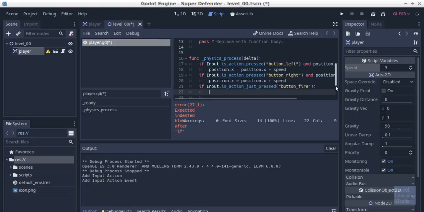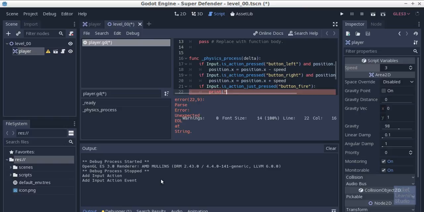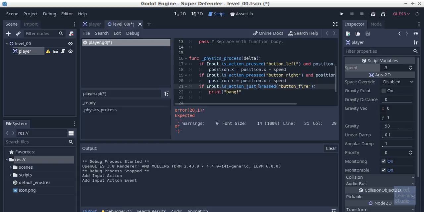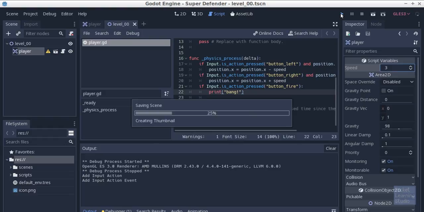What we're going to learn now is a great, useful tip for debugging, and that is using print. What print does is it doesn't actually affect the game, but it gives us some output here. So let's go "bang". I'm just going to change this to action pressed. So if action pressed is button fire, print the word bang, and we better put a closer thing there. So when we run this,